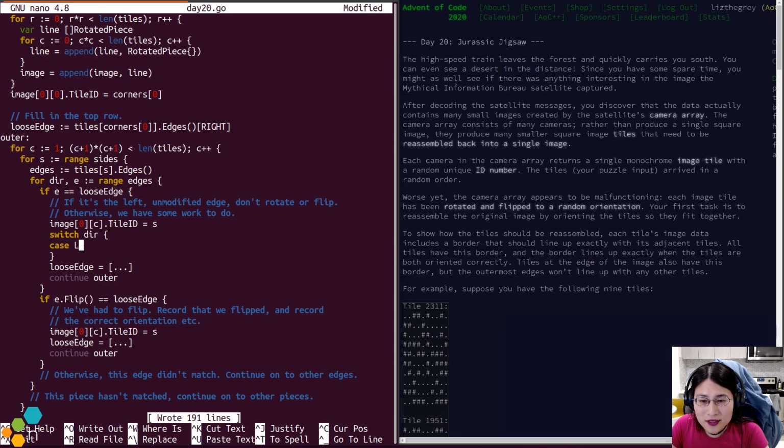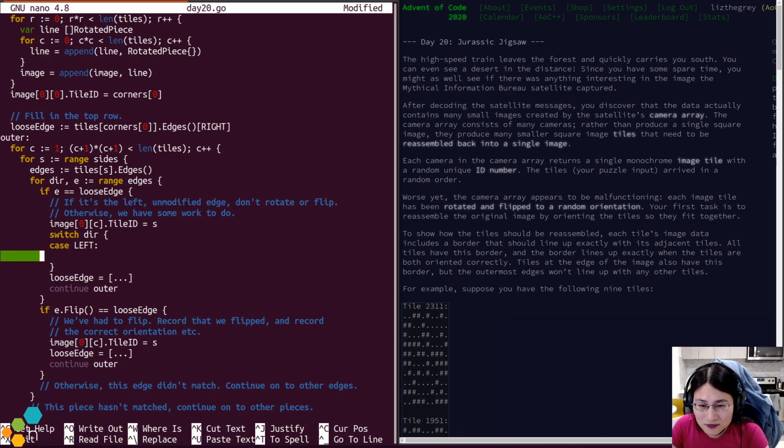So if I find the left edge, then the loose edge is going to be... This is recomputing a bunch, but that's fine. And it's going to be the right edge.